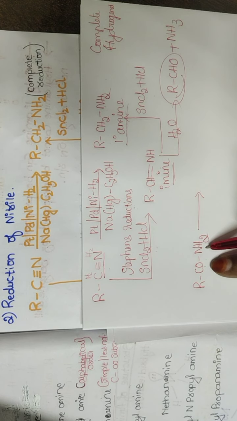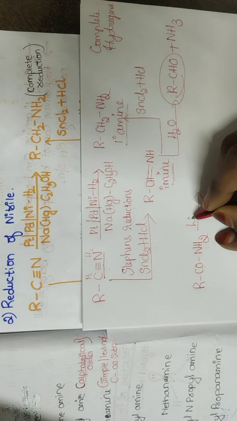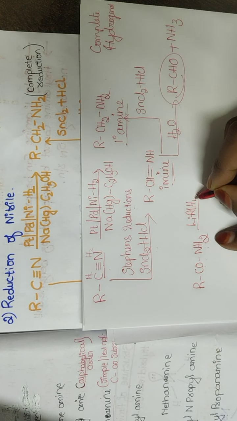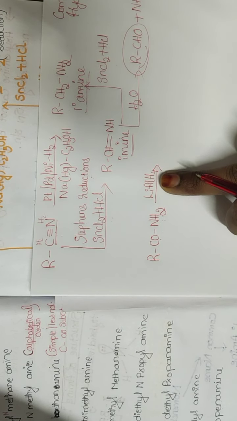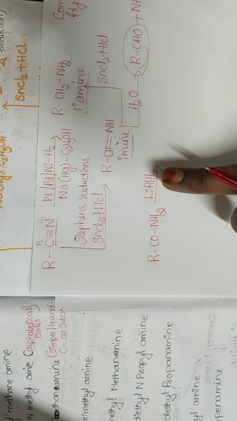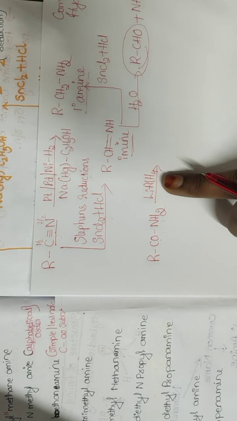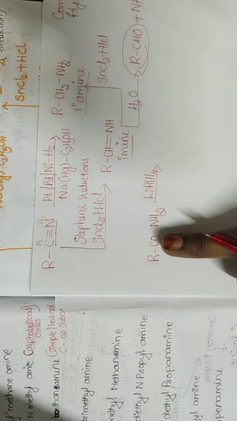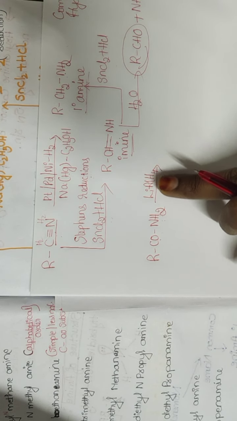How do we get amide? From carboxylic acid. So how do we do a reduction for carboxylic acid? By using a strongest reducing agent by name lithium aluminium hydride. It is a well-known, very good example for a reducing agent. But let me tell you, they are highly specific in nature. This reducing agent is used for reduction of carboxylic acids. Since amide is a derivative of carboxylic acid, I can use lithium aluminium hydride even for amide functional group.